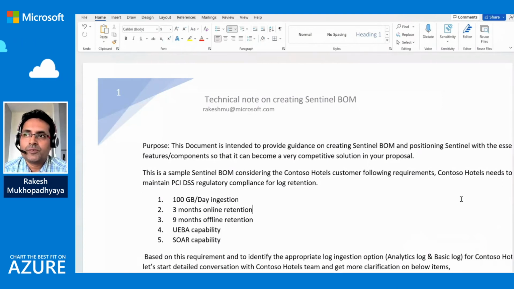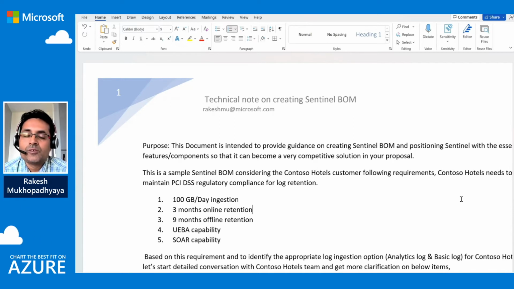And I'm sure you know that Sentinel is industry's first cloud native SIEM plus SOAR solution, right? So Sentinel can not only help you to identify threats as early as possible, but it will also help you to mitigate the threat as soon as possible. So we have the security orchestration, automation, and response built into the product. So it is basically SIEM plus SOAR plus user entity behavior analytics. So these are the functionalities, and then obviously you will also get the threat hunting in Sentinel, right?